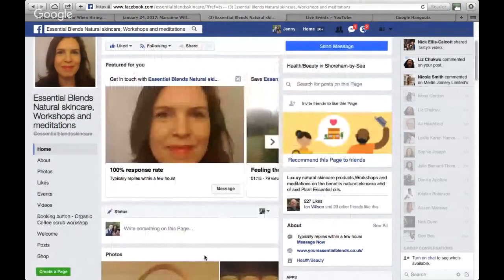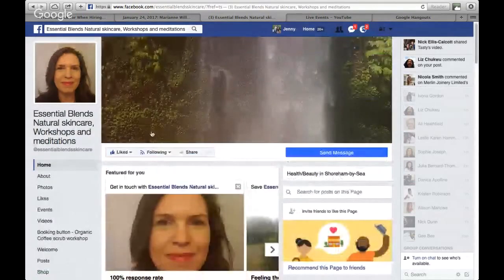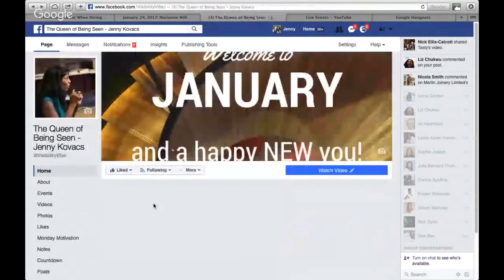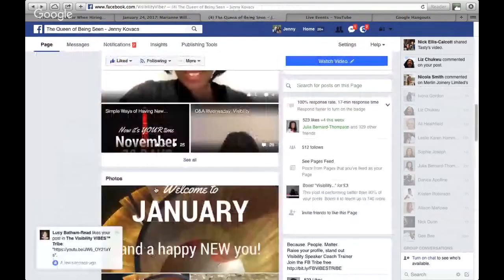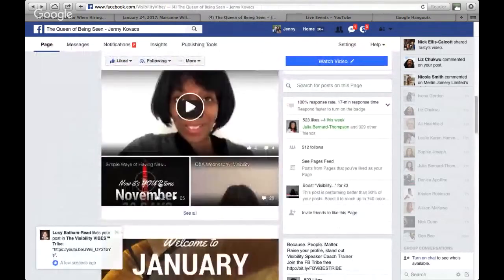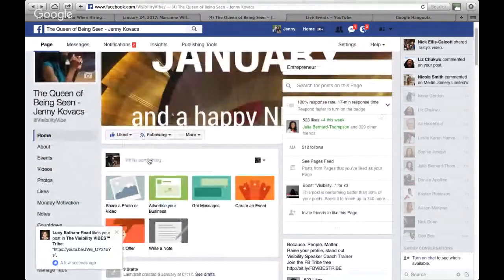Now, why would you want to do this? It means that on your own page, when you are sharing about different people and different things that they do, let me just go back one. When you're sharing about that, it will also allow you to tag that person easily in the page. So what you do, you go and write your post as normal.